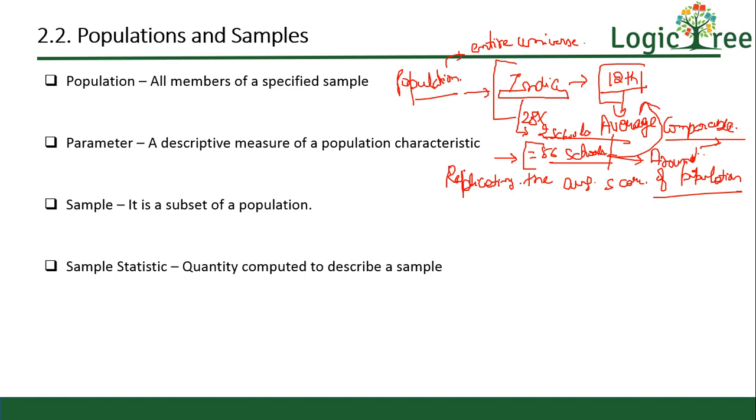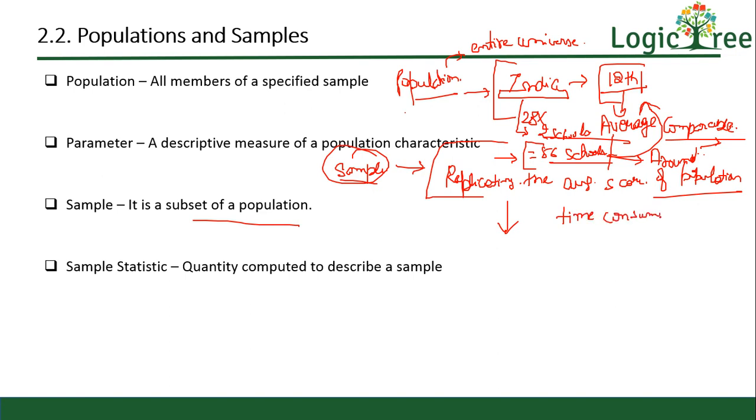So in this case, when I have taken only 56 schools of the total schools, I have taken a what? A sample. So sample is simply a subset of population. Now using sampling, my accuracy will decrease. Definitely it will decrease. But I will gain in terms of